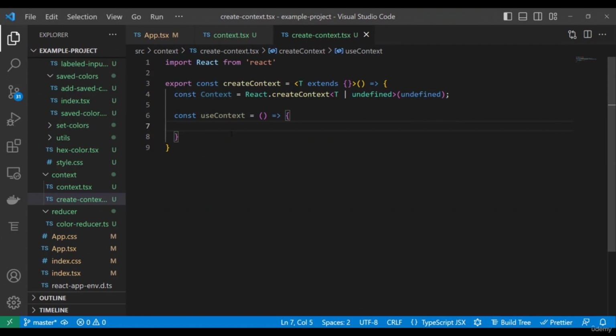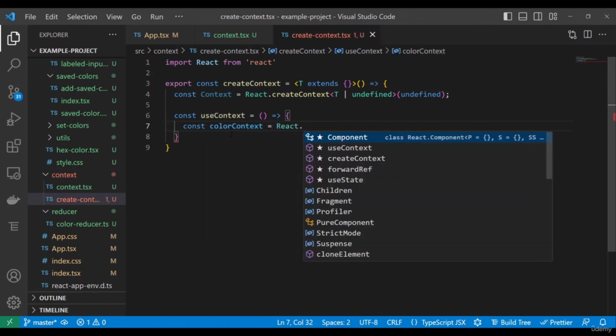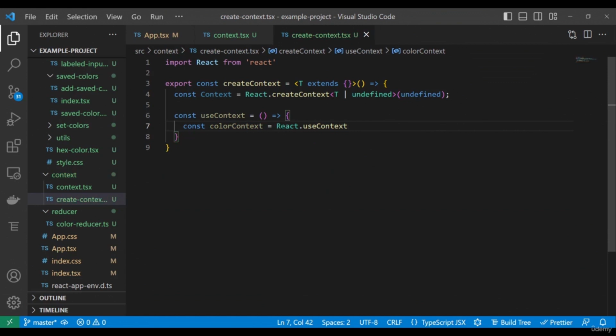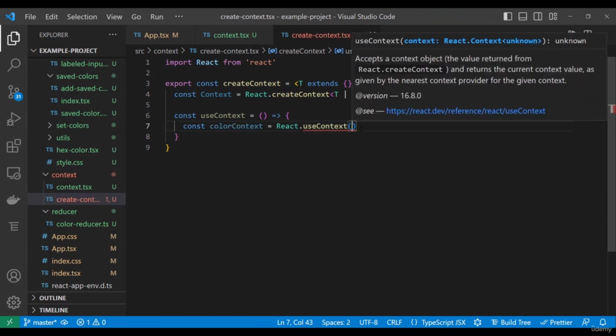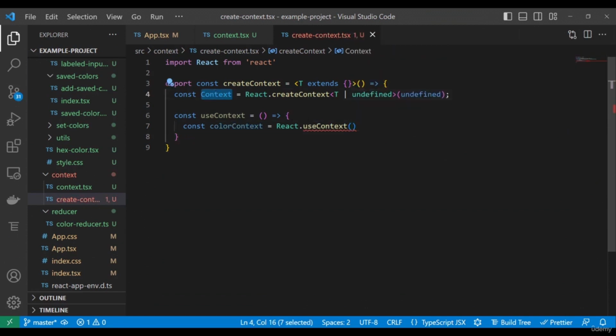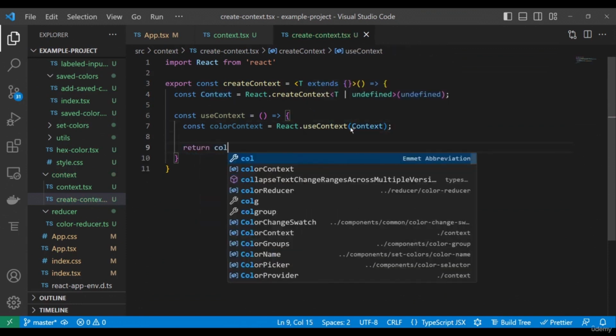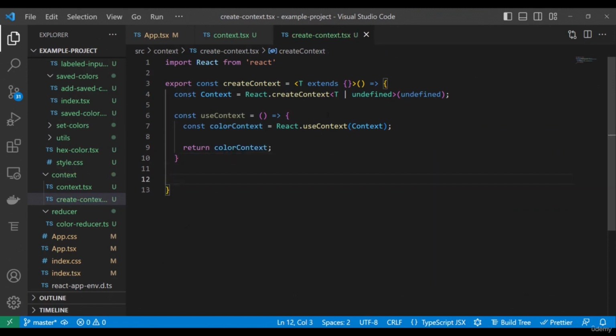What this useContext hook is going to do is create a color, let's call it color context for now, that makes use of React.useContext. We were doing this inside the components whenever we wanted to use the context, but we are doing it inside of here. It's kind of encapsulation. And then we're gonna return that. As an argument, we need to give it a context, and we just created it inside of here. So like this, and finally we can say return color context. Fine. So this useContext hook is going to use the context that we created, and then it's going to return it, plus